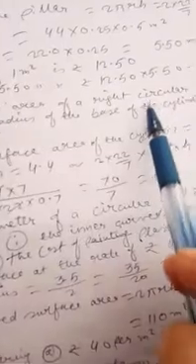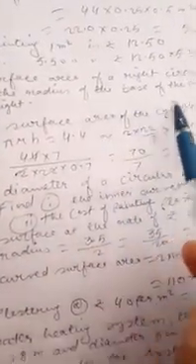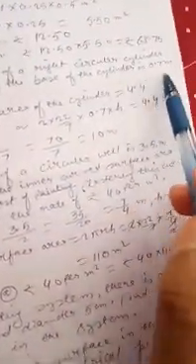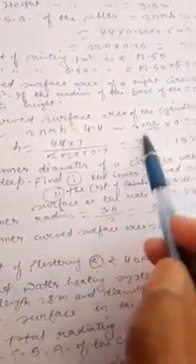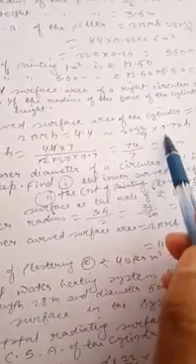Question number 6. Curved surface area of a right circular cylinder is 4.4 meter square. If the radius of the base of the cylinder is 0.7 meter, find its height. Dear students, curved surface area of the cylinder is equal to how much? Given 4.4 meter square. So we can say curved surface area of the cylinder is equal to 2 pi RH. So we can write 2 pi RH is equal to 4.4, or 2 into 22 upon 7 into R. R is given in this question as how much?